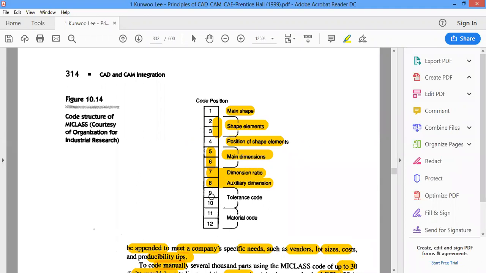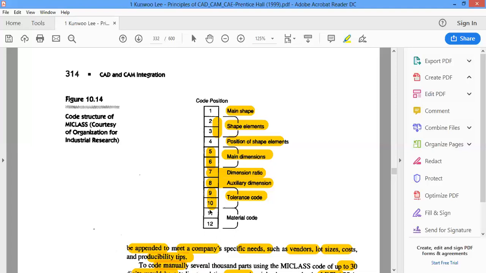The 9th and 10th digits are for the tolerance that the part has to meet, whether the part is being made or is already made. If it is a part that has to be machined, the tolerance is indicated here. Or if it is already a finished product, what tolerance still comes into the picture for the entire range of products, that is, the number of pieces there.